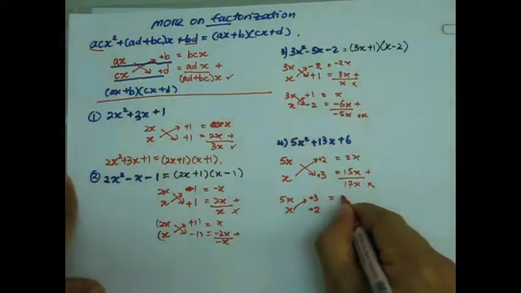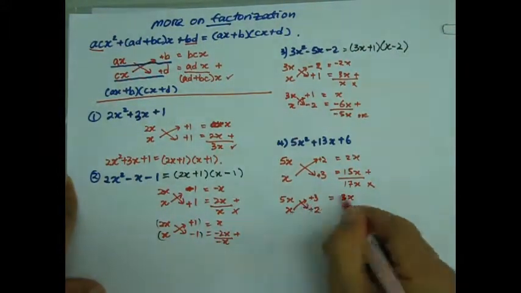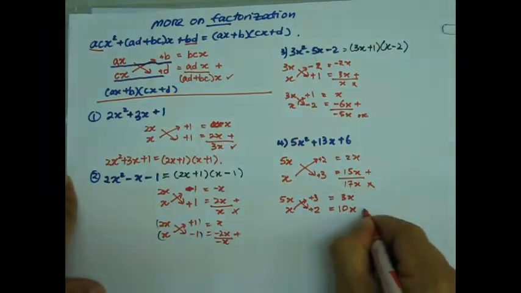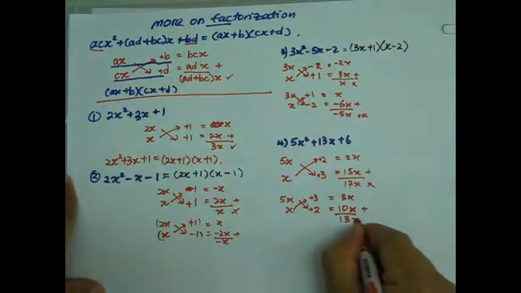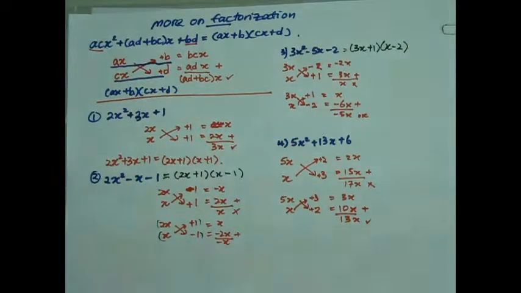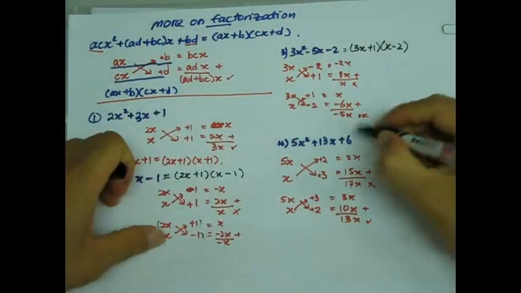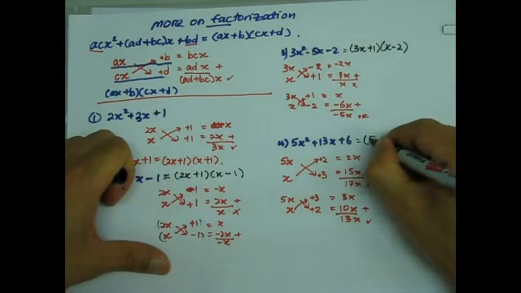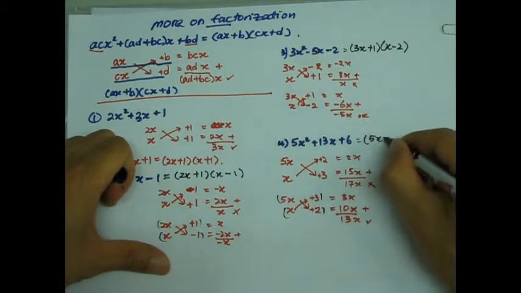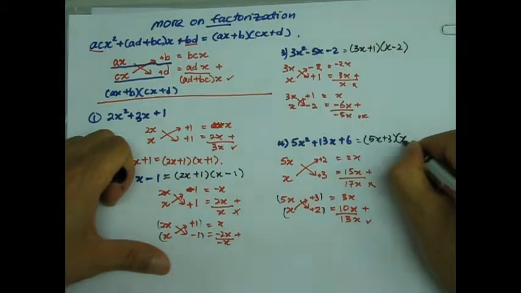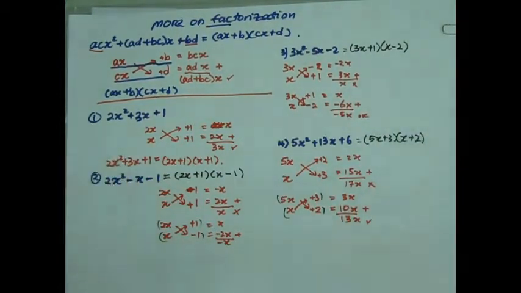So that gives me 3x. Cross multiply, that gives me 10x. Oh, that's excellent. When you add them together, that gives me exactly 13x. That's good. So the answer to this one becomes, remember again, horizontally, (5x plus 3) times (x plus 2). Okay, now